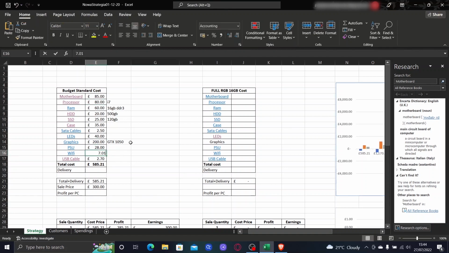And then a Wi-Fi card, you want to have a decent one, so 20 pounds. USB cable, you won't even need that. So looking around 600 pounds for just a semi-decent PC, maybe without the LEDs, so 550, so it's